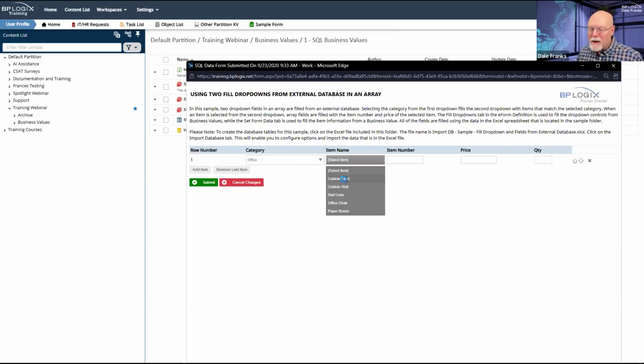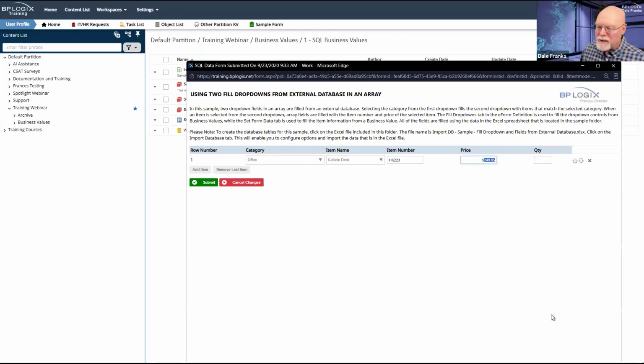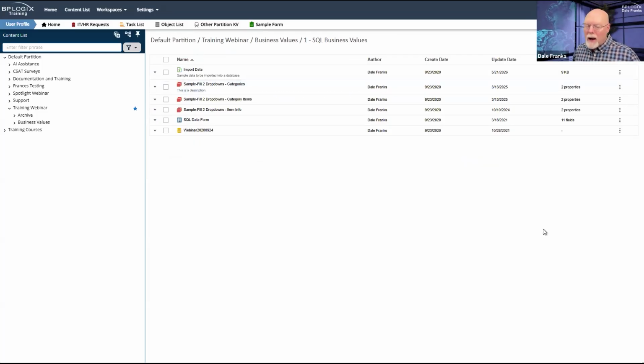And right there is my cubicle desk with its new item number and its price already placed in there. So I can just update that Excel file, or I can just get a fresh export from my database and replace the Excel file. Either way, that import happens automatically and the data goes straight into SQL.